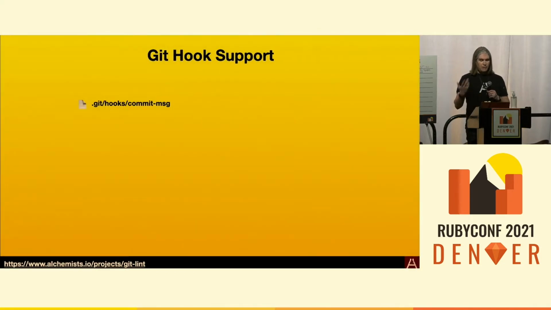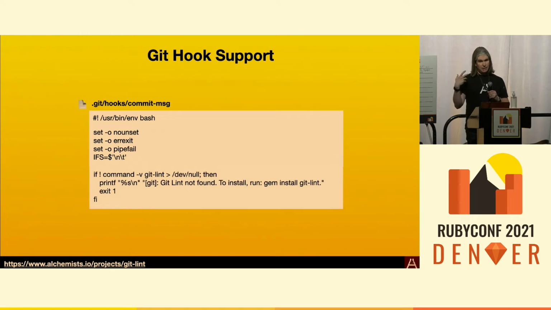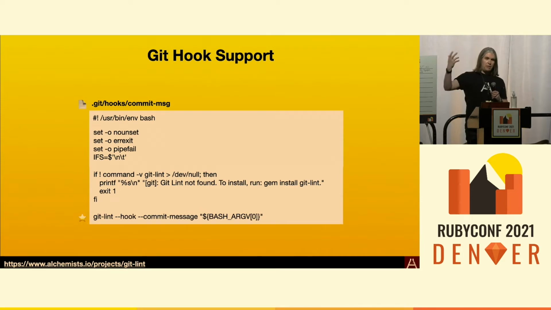Even better, you can wire it in as a git commit message hook. So if you write this little bash script here for the commit message hook for any of your repos, you can set up the bash syntax here. You can set up bash just code quality here that checks to make sure your bash scripts are properly formatted. You can check and make sure that git lint is actually installed in your system. And then finally, the bash zero argument that comes into the commit message hook here, that is your commit message coming in. So as you write the commit message and save it, that fires and sends it through to Gitland here and analyzes to make sure that that commit message is fully formatted the way that you want it.